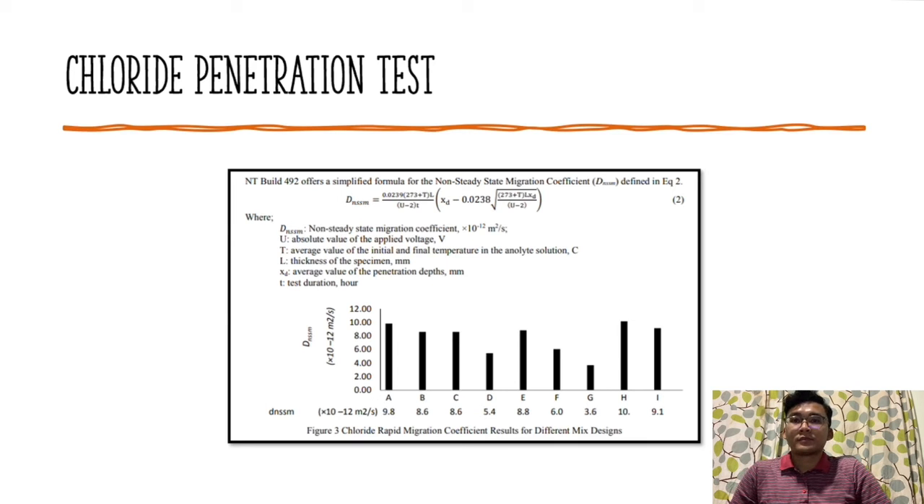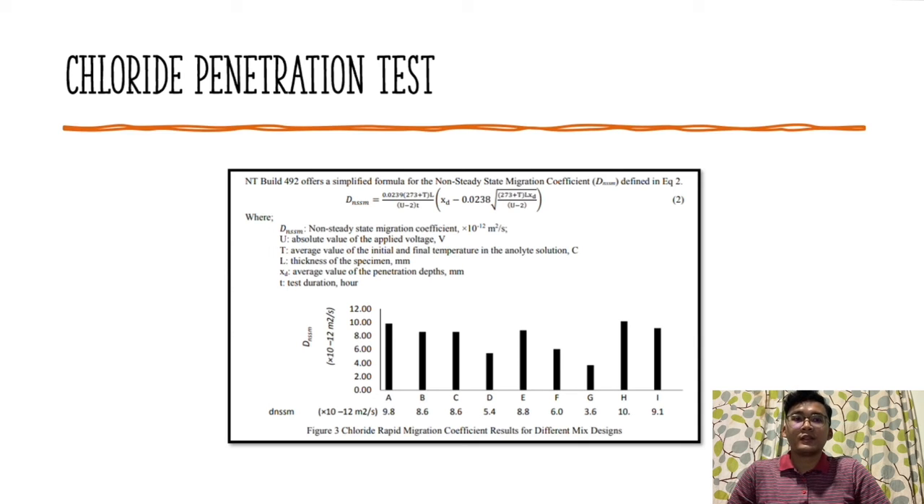U is the absolute value of the applied voltage, T is the average value of the initial and final temperature in the analyte solution, L is the thickness of the specimen, Xd is the average value of the penetration depth, and t is the test duration. From the graph, it shows that the slag cement